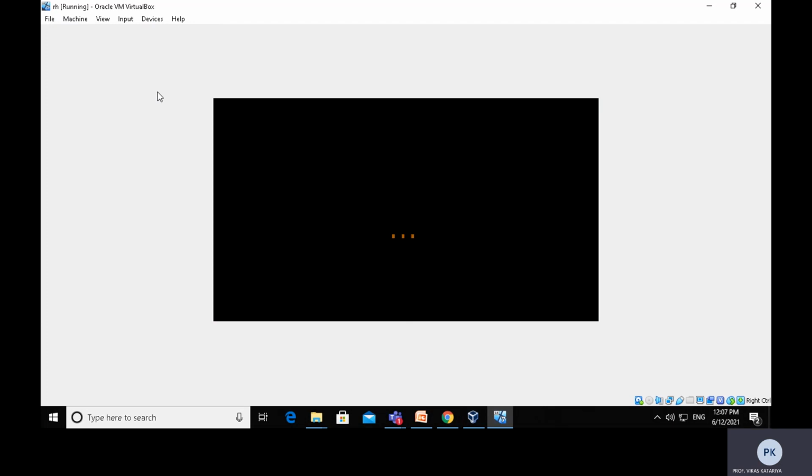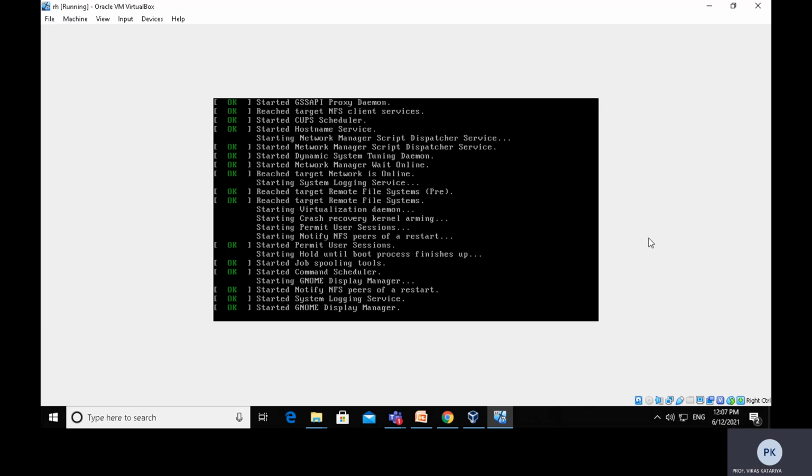You can configure it from this section. I just want to show you the graphical user interface of Red Hat Linux 8, so that you will be sure you have successfully installed Red Hat 8.3, and it looks similar to the Windows operating system we are using. It will take 1 or 2 minutes.